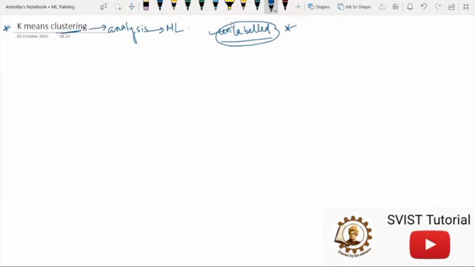Before going into more details, first we will focus on the concept of cluster, meaning how the human mind creates clusters. Then we will be able to understand how this algorithm is working. In general, you have to understand the real life applicability of clustering. In general, this clustering technique is used for statistical data analysis. This is one of the most important applications of clustering.